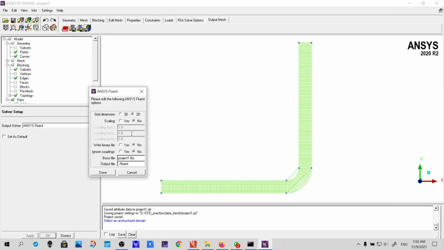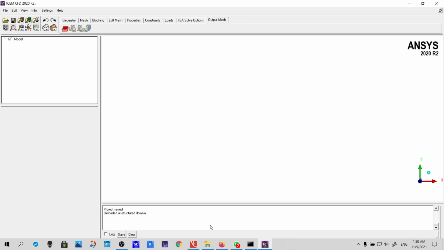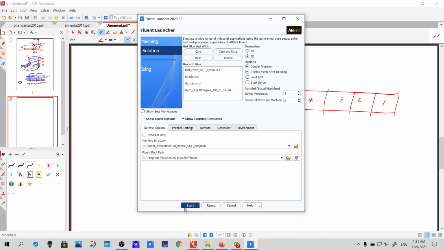The unstructured file. It's a 2D mesh. I can give a better name, pipe bend mesh, whatever you select, that's up to you. I'm gonna say yes, and then I can close it, say yes, and now I can test whether that works with Fluent Mesher. I'm gonna open this in 2D mode, say start,